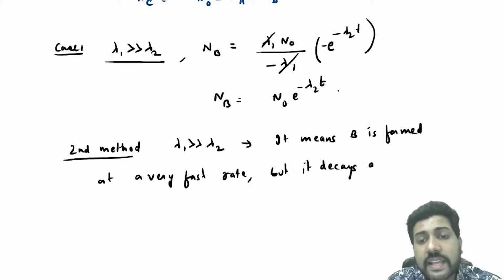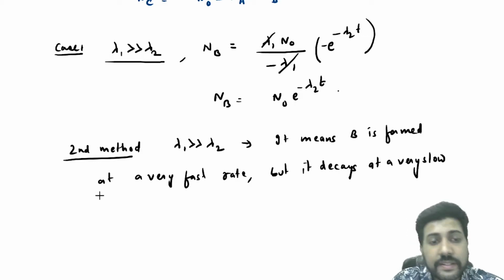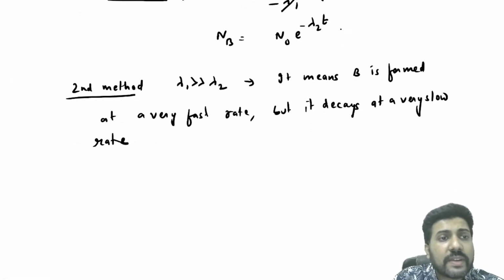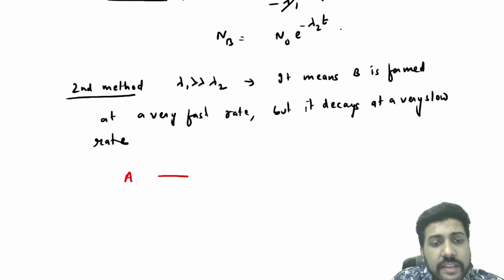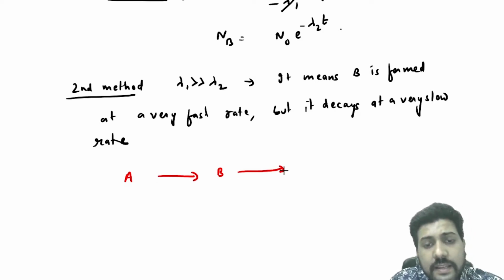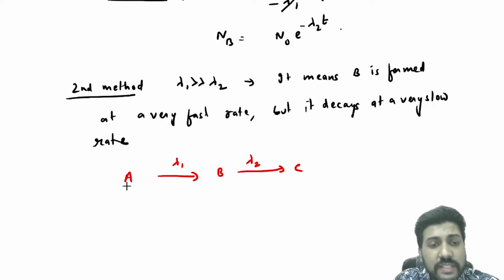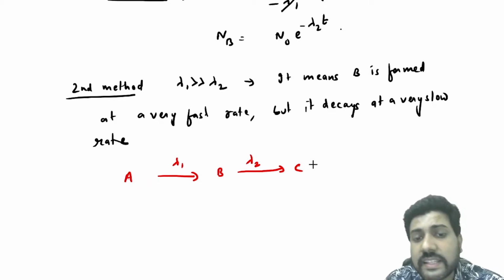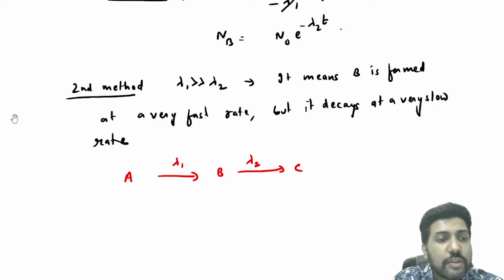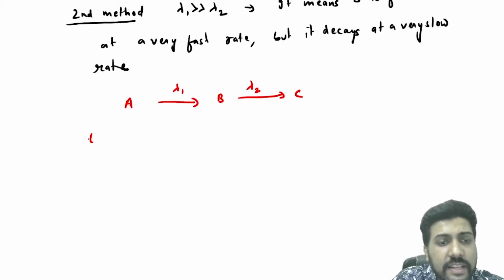But it decays at a very slow rate. Okay. Now, if you look at this reaction, A gives B gives C, then lambda 1 is very large and lambda 2 is very small. So this is decaying very fast and this is decaying very slowly. So what will you say is at t equal to 0, suppose this was n naught, 0, 0, we will assume that